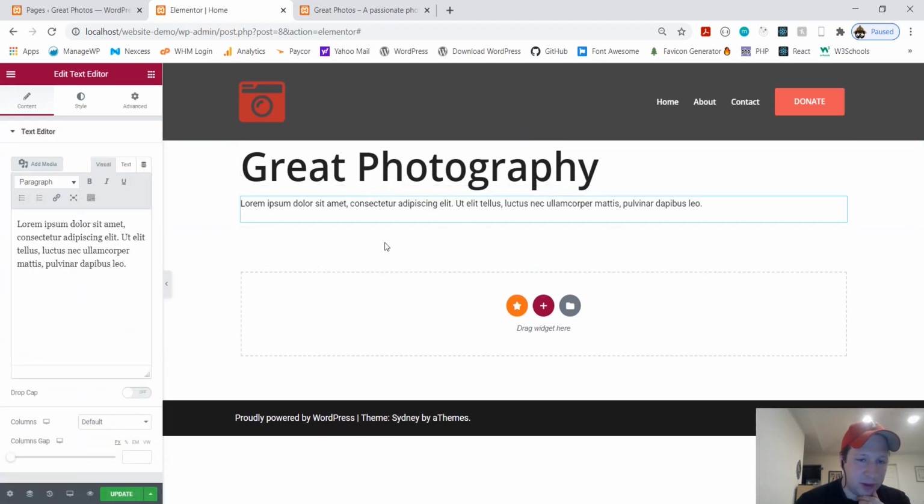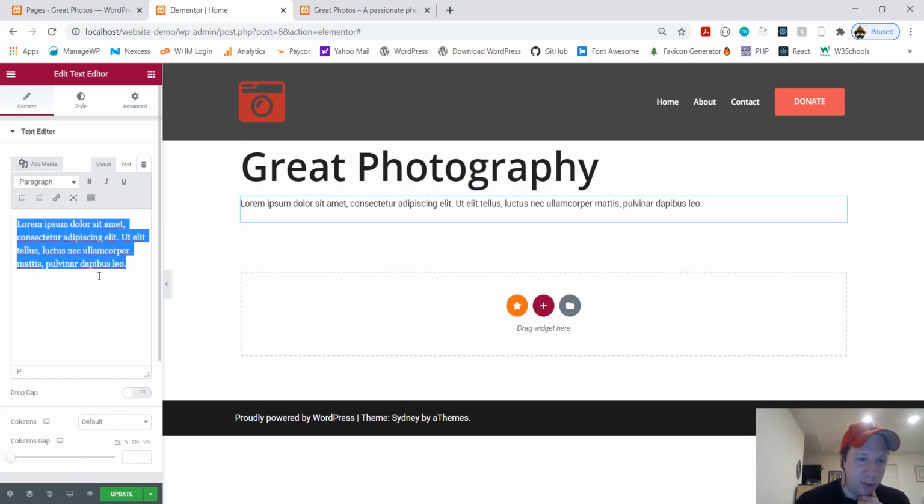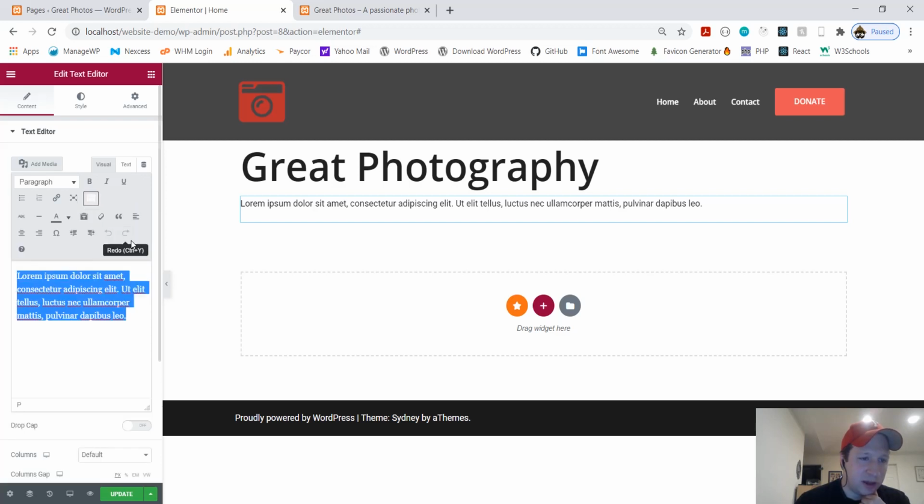Now, this is some generic dummy text. You add whatever you like. Do me a favor. When you first install Elementor, there's this little weird thing. It's called toolbar toggle. Click that, you get a lot more options. And again, you have all the same. You can center it. You can make it a quote, which just changes it up. You can change the color.